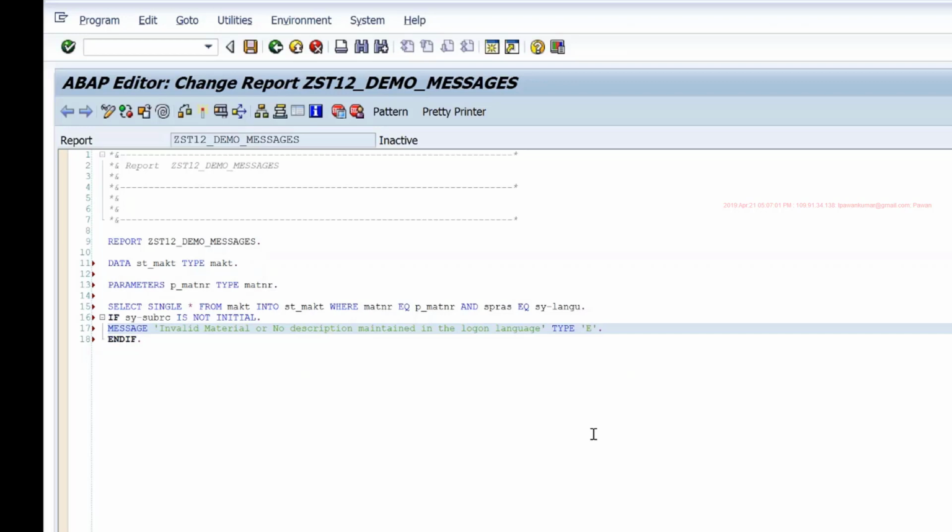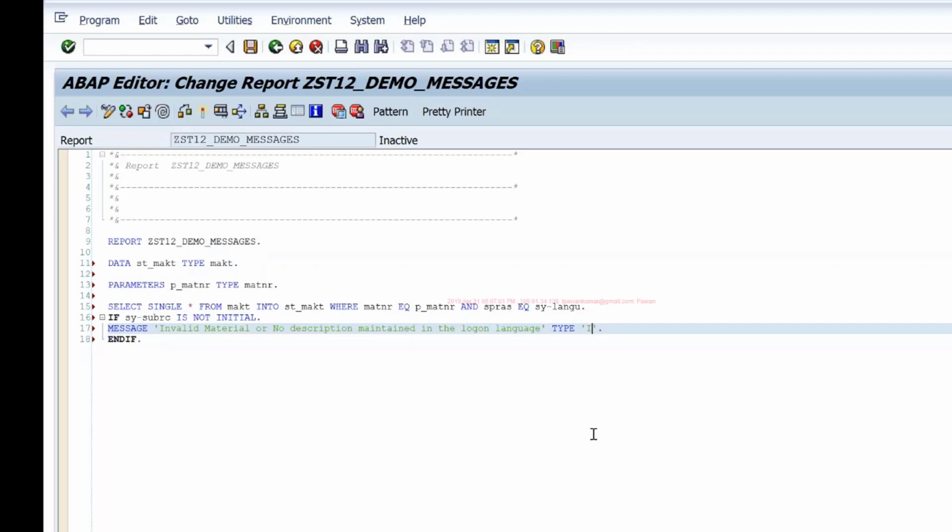Okay, type E. In situations where you can continue with the program execution, but you want to warn the user that he missed something, or you're not too sure about what's going to happen because the required information is not provided, but you can still continue with the program execution, in that case, you simply show a warning message to the user. With error message, the program execution stops after the message is displayed to the user. It will not execute the next statement. Whereas with warning message, it will show the message to the user and the user can hit enter on the message, and then it will continue executing the remaining code in your program.